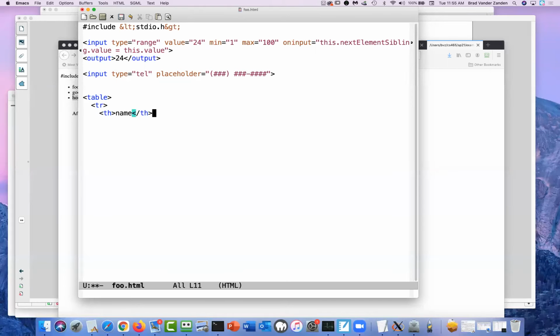So I might have a name and let's say an address. And now I end that row. Now I can start, TD is the entry for a column in a table. So I might have Brad and